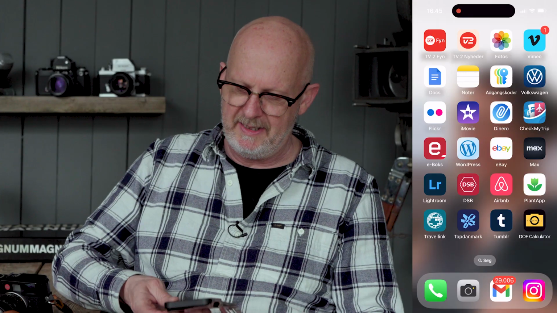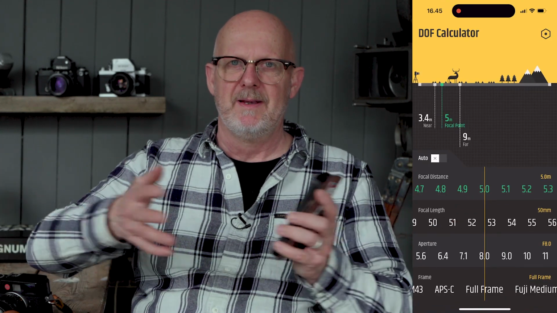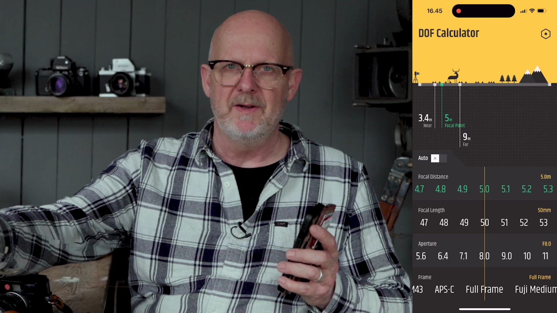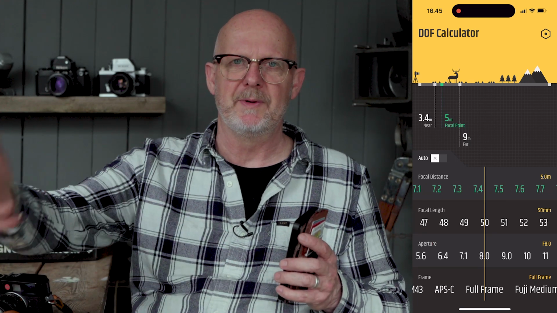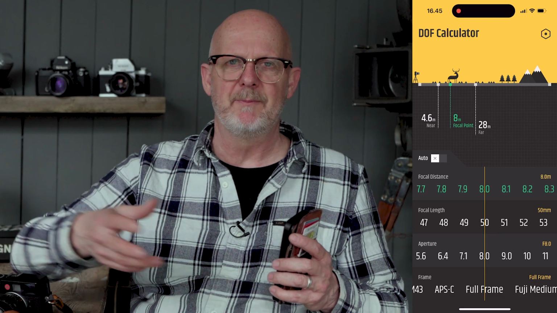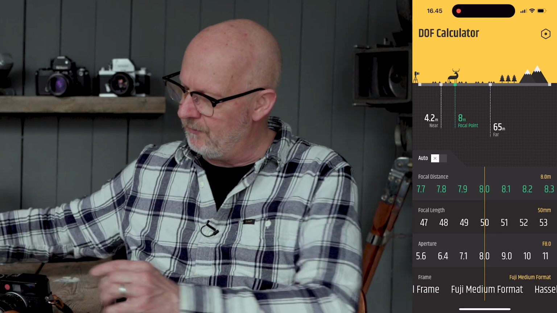I set my aperture, and on my phone I have an app if I need assistance to know exactly how far away from my camera and onto infinity, if I want that, the focus area is. How wide an area will I have things in focus? So I use that app, or I use the measure on top of the Leica camera here, where I have an indicator that shows me when I set my